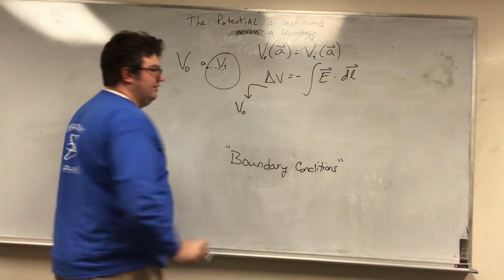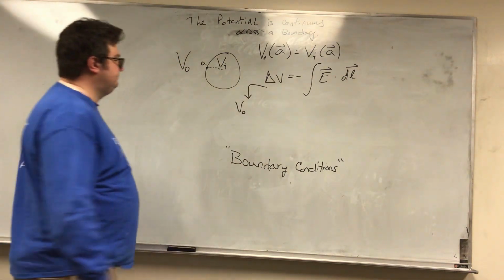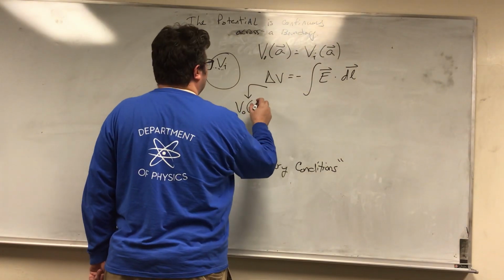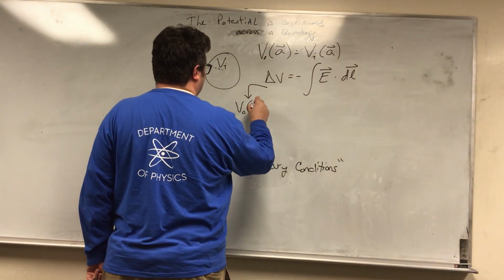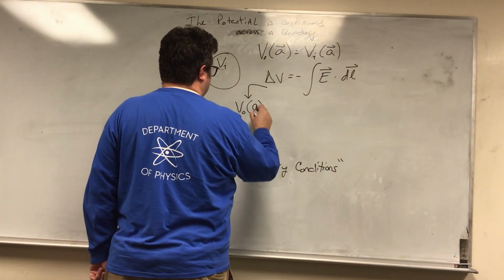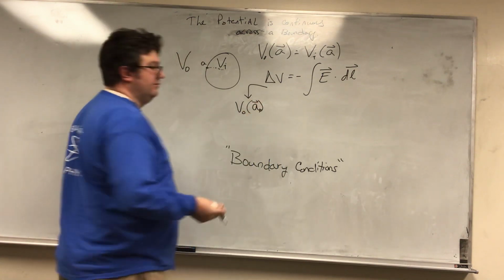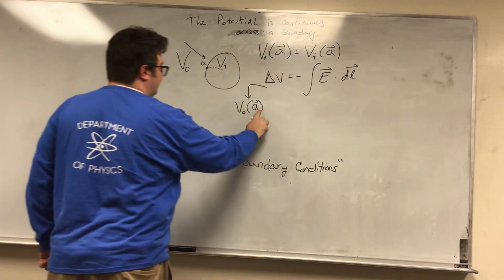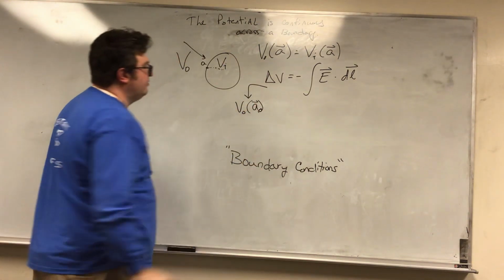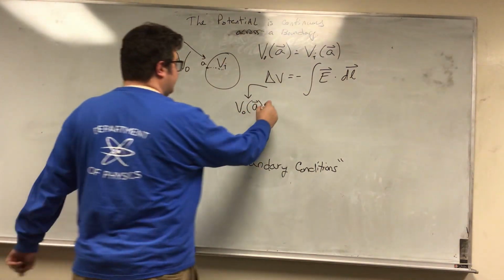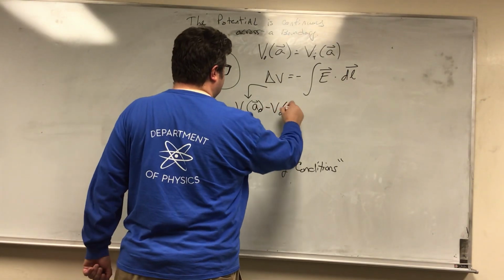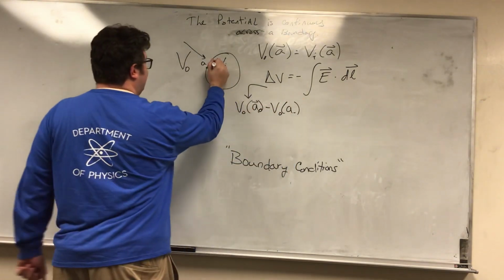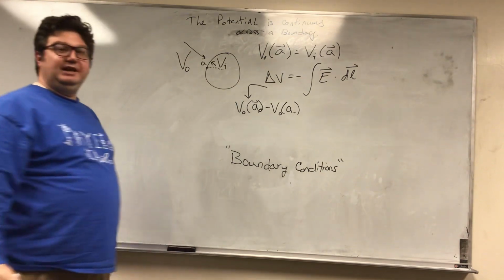I'm going to say V outside, and we're going to call this A plus, because we're going to approach it from the outside. Let's say A0, that probably makes more sense. Minus V0, approaching it from the inside,